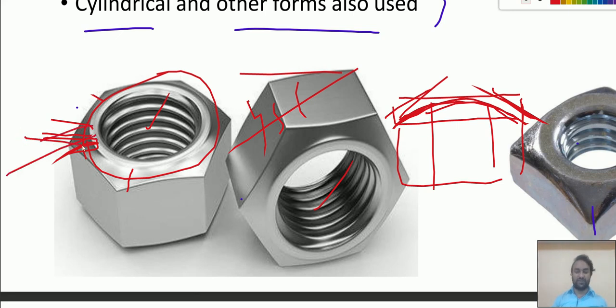Second, in general many times we have to put the nut on by hand. If there are corner edges on both sides, it will be difficult. It may cut the hand. So for safety purposes, a small chamfering is given and it protects the worker. So that's how we get it. Again, due to this chamfering, it is easy to identify in which way you have to put the nut.